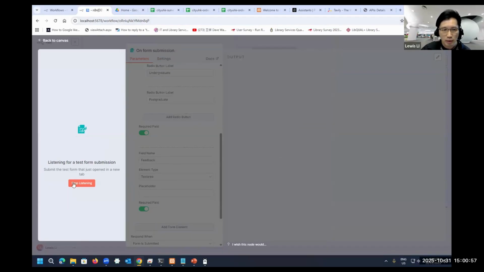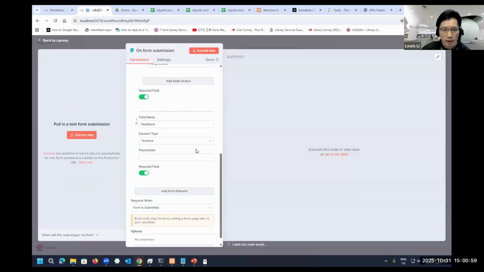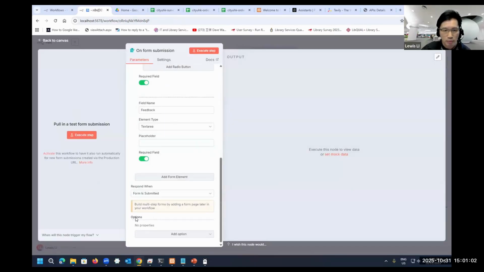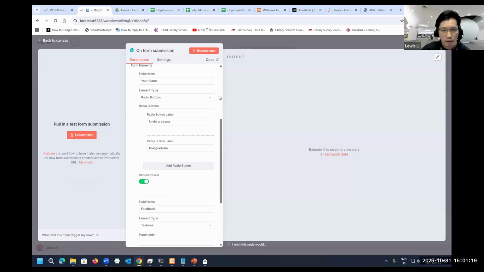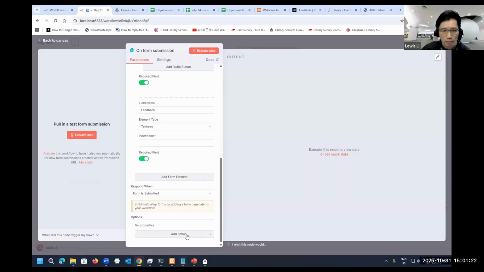One more thing I need to do is I have to select here option. So you can see on the top here, this is the link to access this form. But this is so complicated. So many numbers. I want a simple form. I want a simple URL. So I will go down here to add an option, which is the form path. The form path. I just add survey